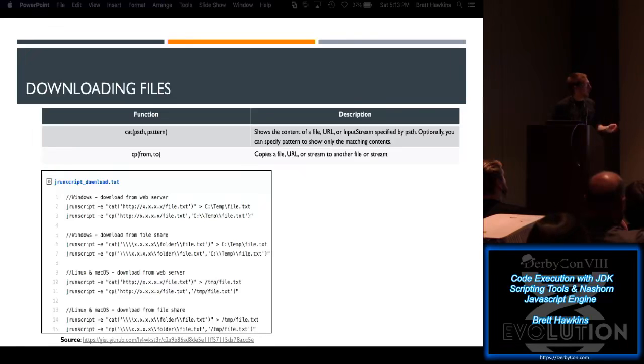You can download from a web server. You can download from a file share via UNC path, either one. Something for you defenders, you're going to see when I get to the defensive section and also in the demos: any of these functions that remotely try to touch something, as a file downloader or even the load function, use a specific user agent string that you can actually key off of. And in the evasion section, we'll show how to try to get around